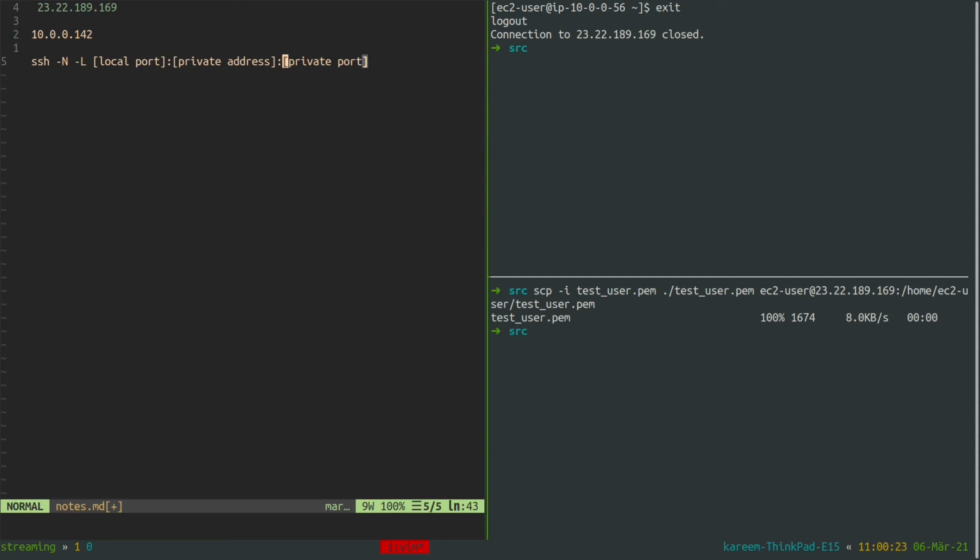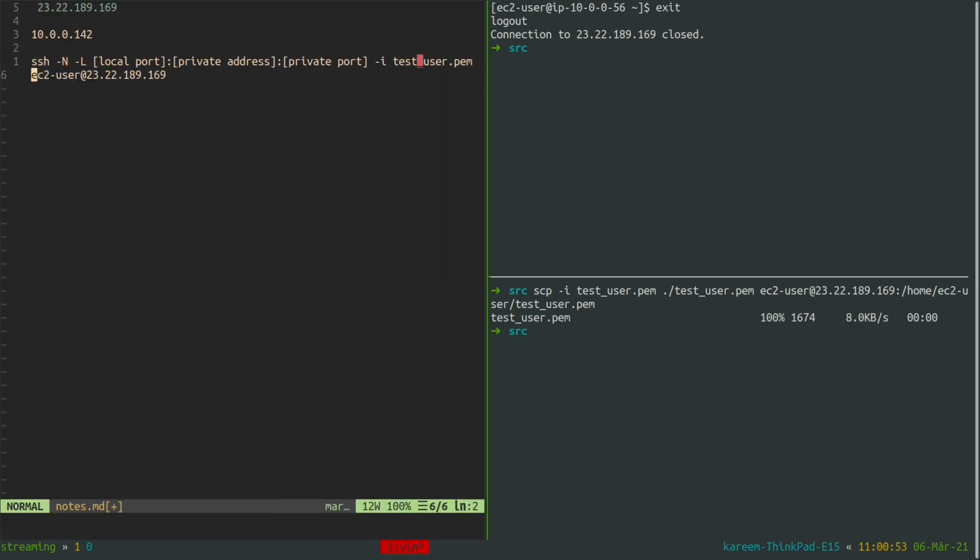Actually, SSH tunneling is used a lot with databases that are kept in a private subnet, and you connect to them using a public instance in the middle. Next we need to define the credentials required to access the public instance, which in this case is this identity file and the public IP address of our instance.